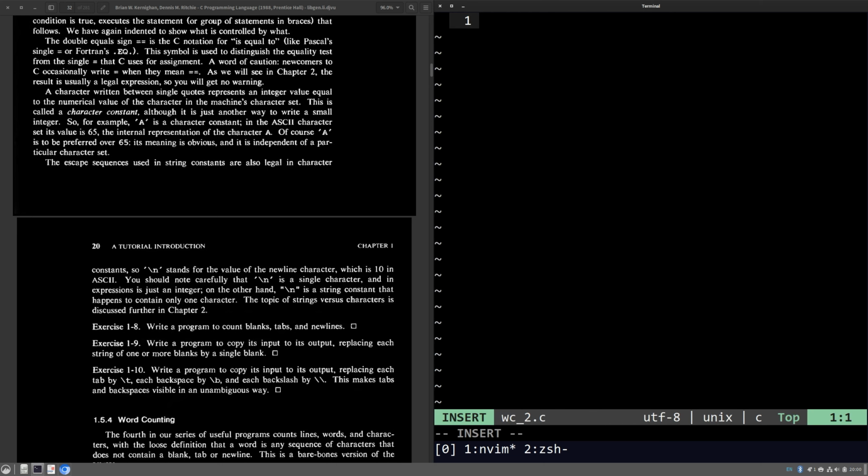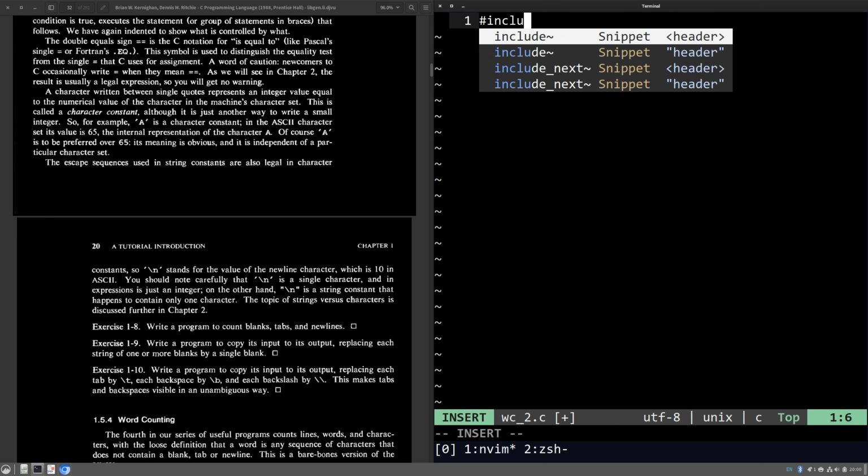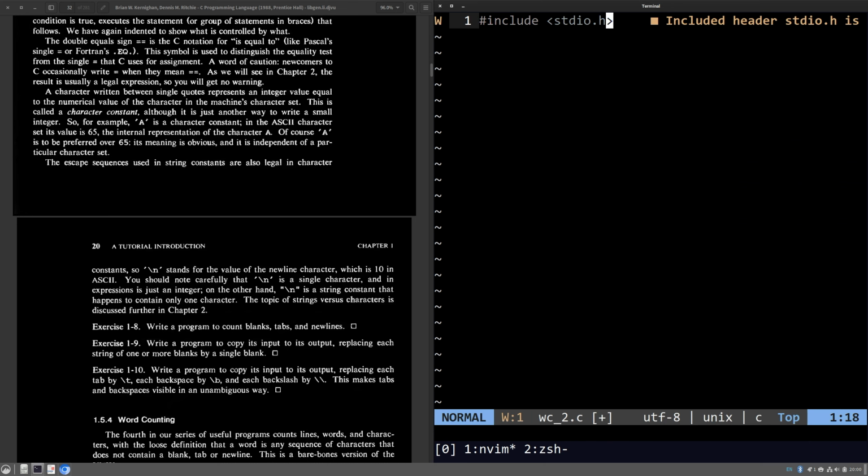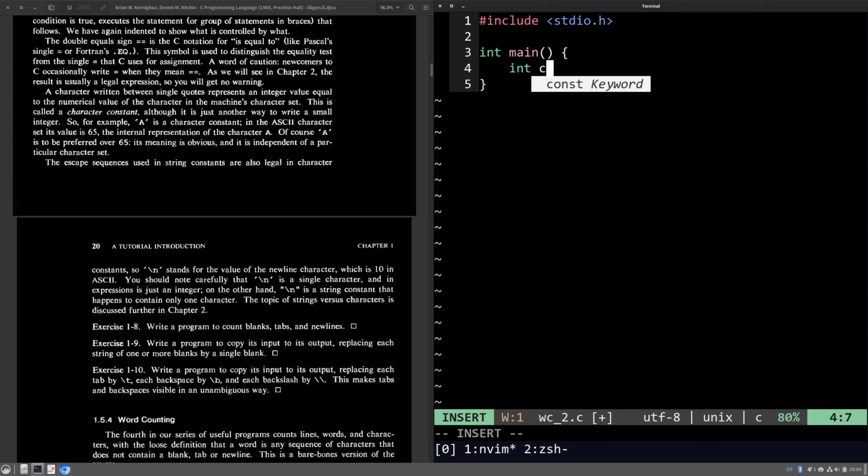Okay, blanks. Include stdio, int main. Okay, so I'm going to be using int c, and yeah, I could be using more local variables, but in general, long